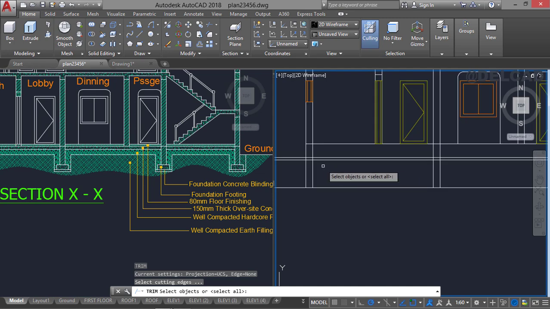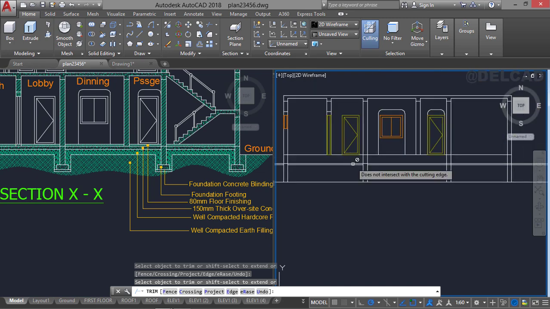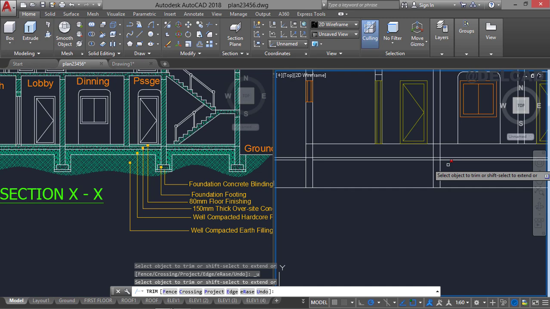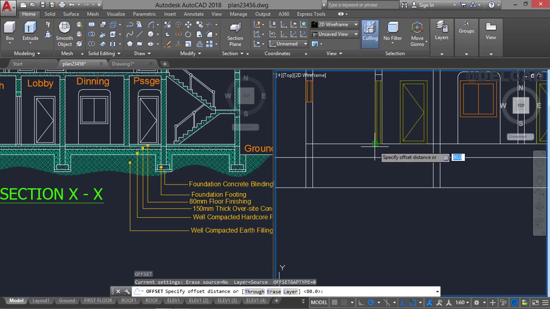of this. So we're going to trim this portion. We're also going to trim this. Okay, so this is not the right place to do that anyway. So this is supposed to be at the top here. So repeat offset of 80 millimeters, and then I'll offset from this portion